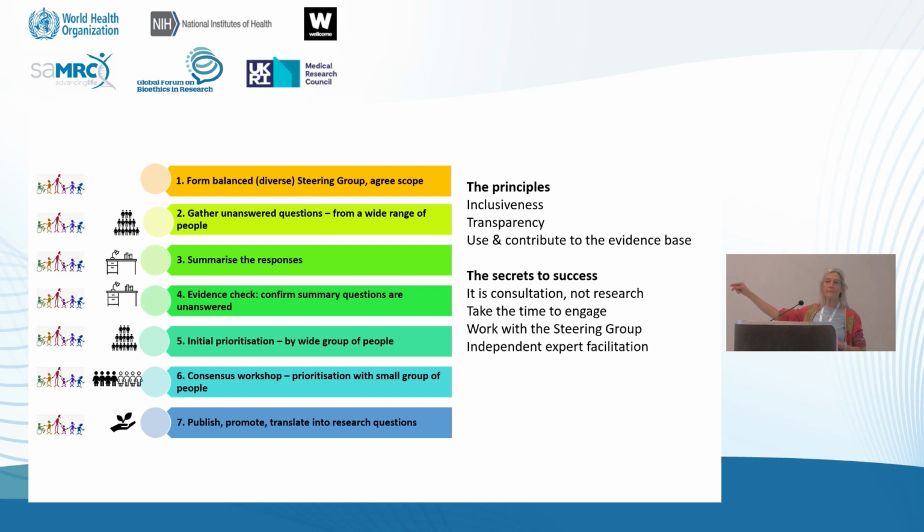And we consult with them, asking what their priorities are out of all of those initial questions that were submitted and have been summarized. So there's a big stage of prioritization involving a wide input of views. That reduces the long list of possible questions into a shorter list, but still quite a long list. Those questions then get taken into the final priority setting stage, which is actually a consensus workshop, which involves people and conversations, and in particular, listening, a really key feature.